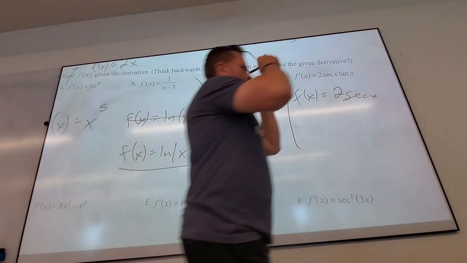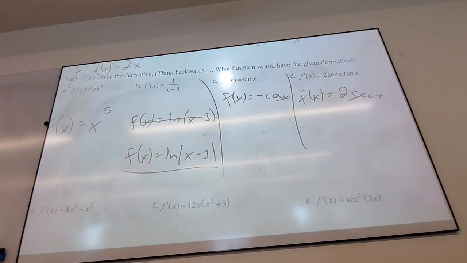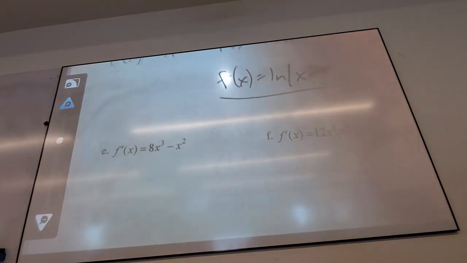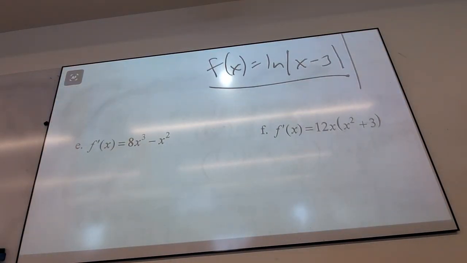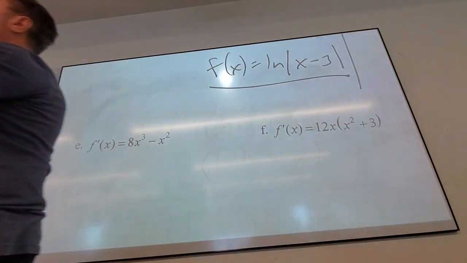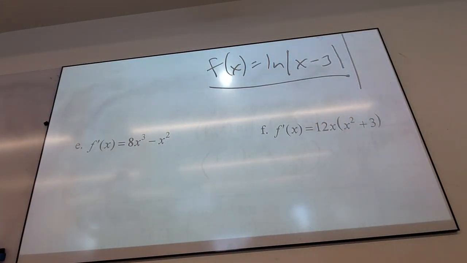So, for example, if I see an x cubed, what would that have come from? X to the 4th. Yes? You guys with me? Just ignoring the numbers for a minute. If I see an x squared, it must have come from an x cubed. I know those. The only thing I have to mess with are the numbers. And again, that's the only thing I'm allowed to mess with.